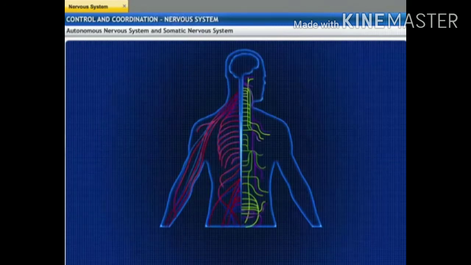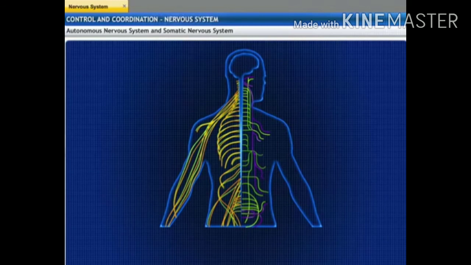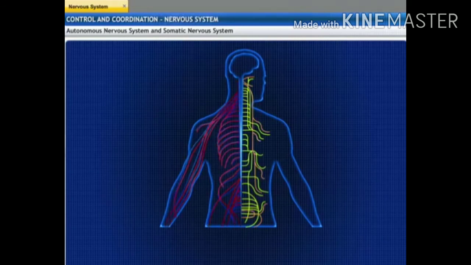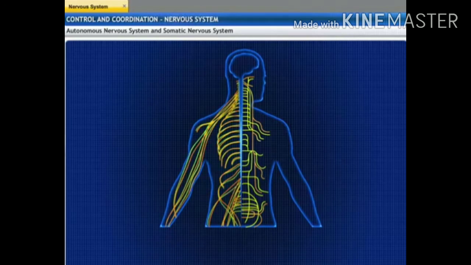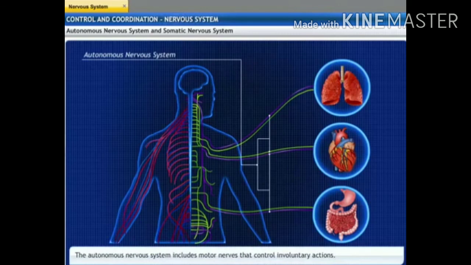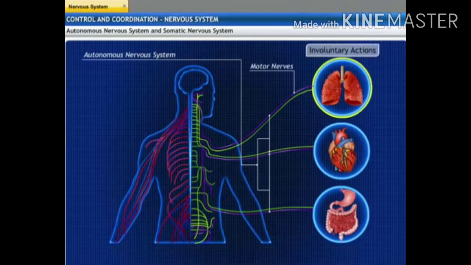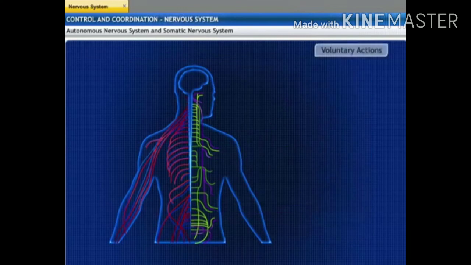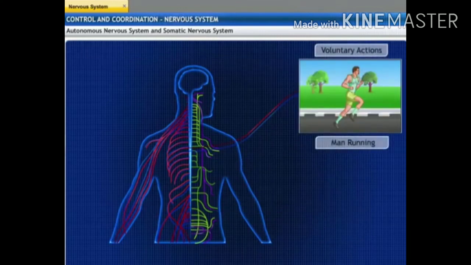Based on the functions performed, the peripheral nervous system is classified as autonomous nervous system and somatic nervous system. The autonomous nervous system includes motor nerves that control involuntary actions like breathing, beating of the heart, and peristaltic movements of the alimentary canal. Voluntary actions like muscle movement